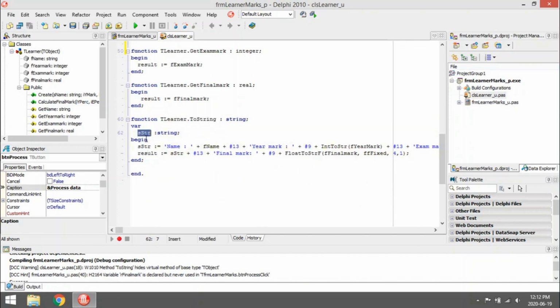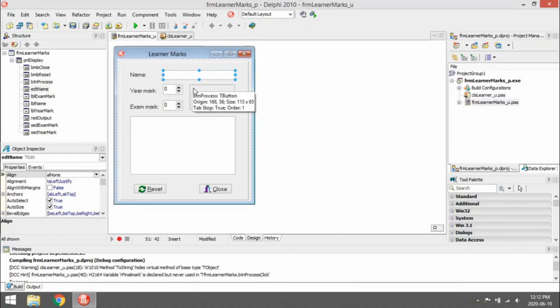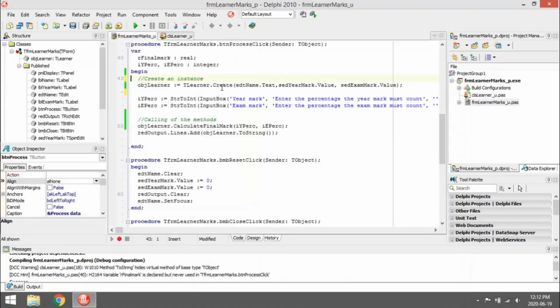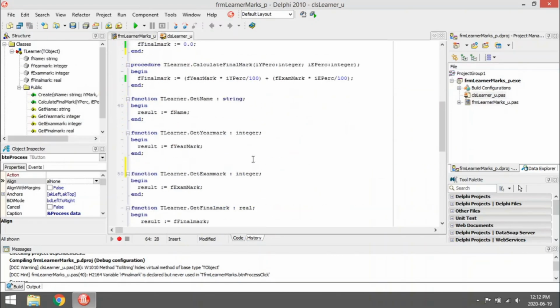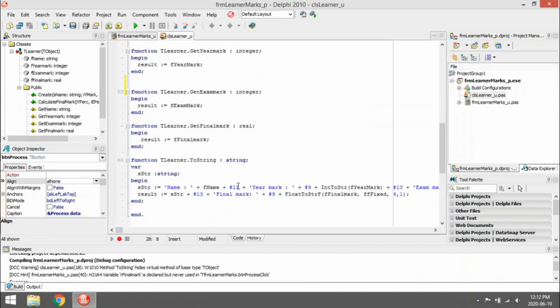Okay, I declared a variable str, added the name plus the value of fname, which was typed into the edit box. Remember, it was typed into the edit box. Then when the constructor was created, I used that name and sent it with the constructor into sname, and then from sname it went to fname. Okay, so all those fields are basically populated now. So fname plus hashtag 13, which is the enter key on the keyboard, so it will make a new line